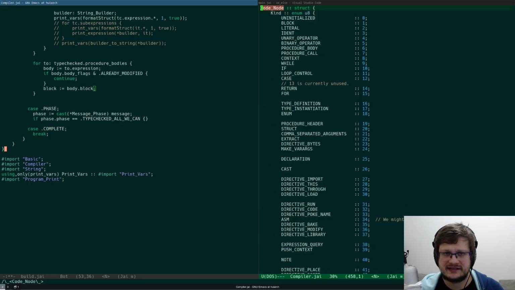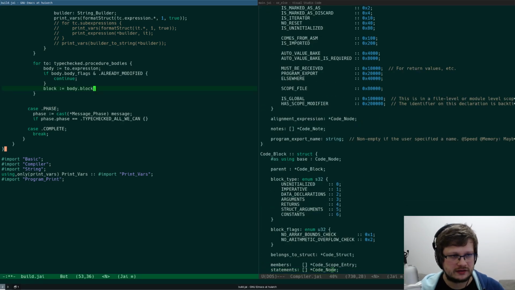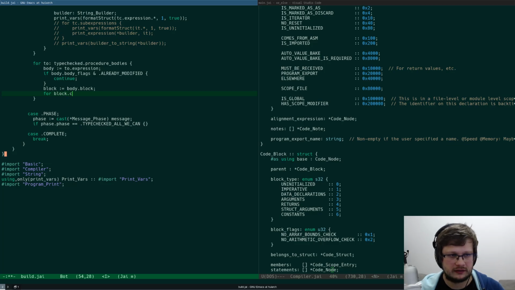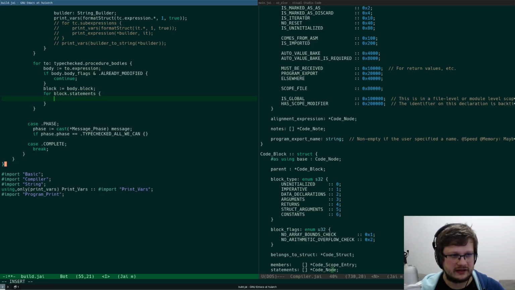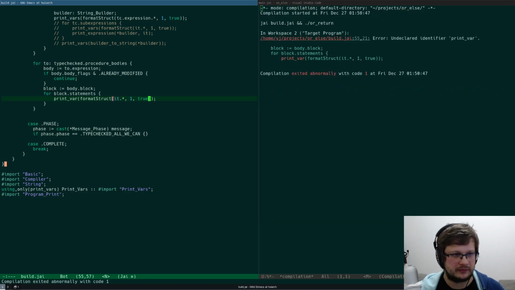And it has statements. I need statements. So for block statements, right? And I need to print var it dot star, and I need to format struct, recompile, print vars.